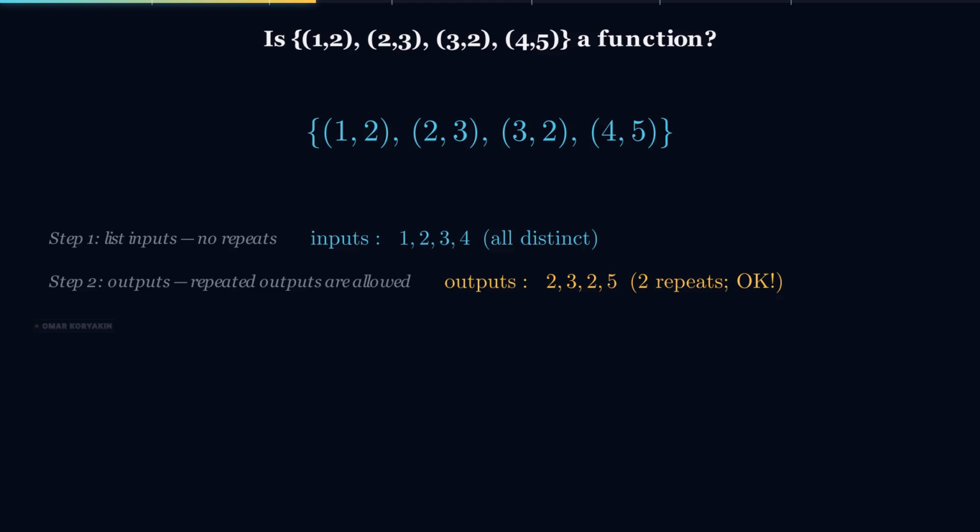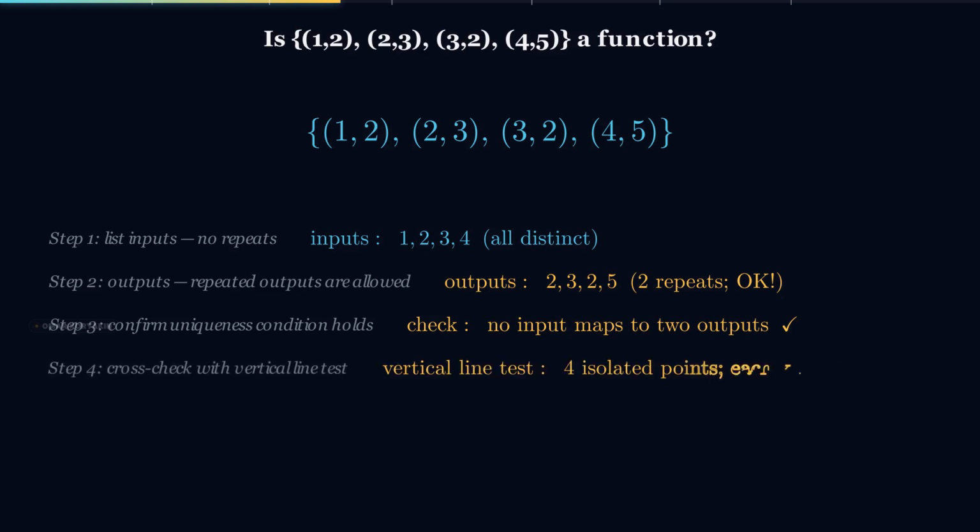So the duplicate output is fine and does not affect the function status. Step 3. Conclude. Each input maps to exactly one output, with no input having multiple outputs. The set is a function. The function assigns 1 to 2, 2 to 3, 3 to 2, and 4 to 5. We could write the function as a small lookup table or as a graph of 4 isolated points on the